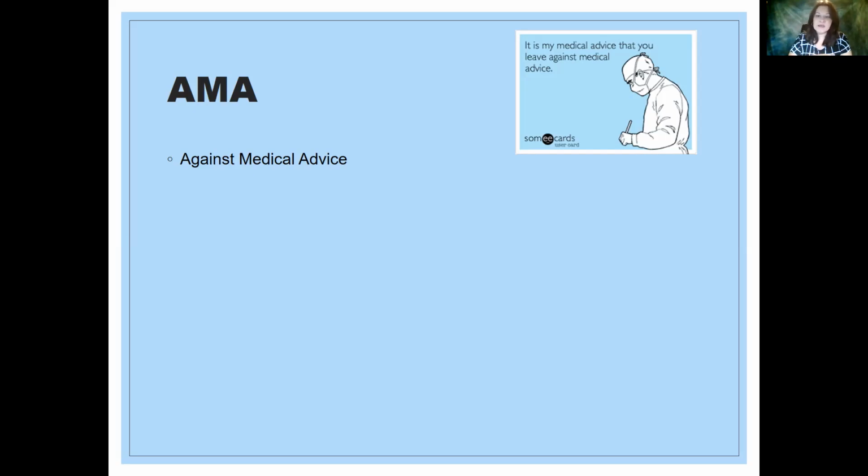If that happens, if your patient either leaves the hospital and you just walk in the room and they're gone, or they want to leave and you come in there with a form and they're like, nope, not signing it, then what you need to do is simply document that patient's refusal to sign the AMA form. And you would document that in a narrative note. It would be specific to what that patient said. Either the patient was not in their room when you went to have them sign, or they simply refused, and use quotations as much as humanly possible when that AMA refusal to sign needs to be documented.